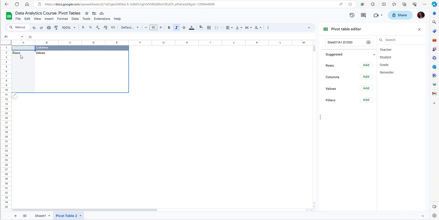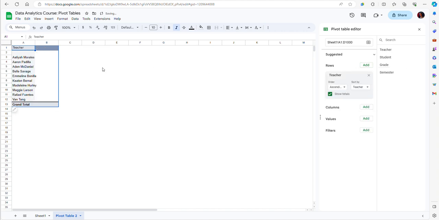Let's say that I want to summarize the grades by professors. So I am going to add the teacher's name in the rows. So now I have a list of the individual professors or teachers who are in my data file. I can see that the list is not as long as I thought. I also have some blank spaces just because I selected all the rows all the way down to the end